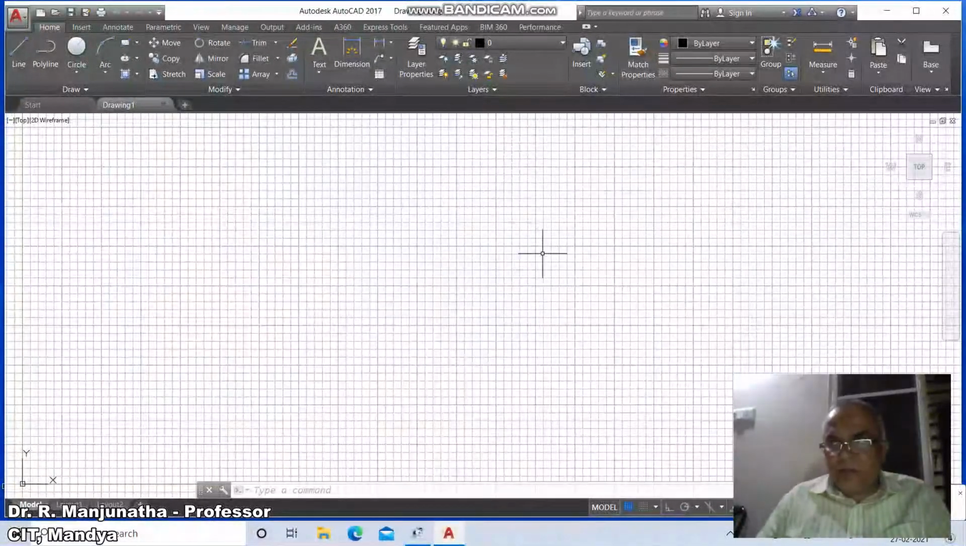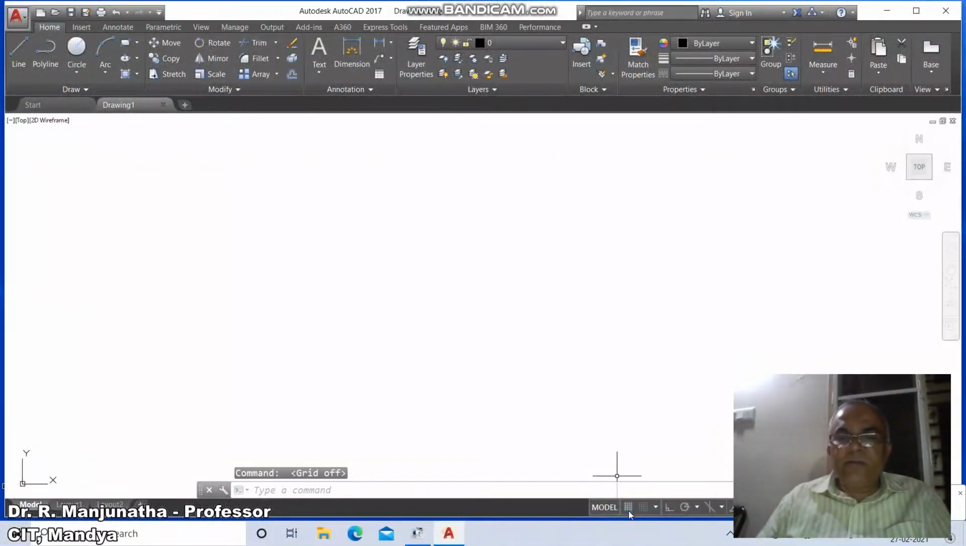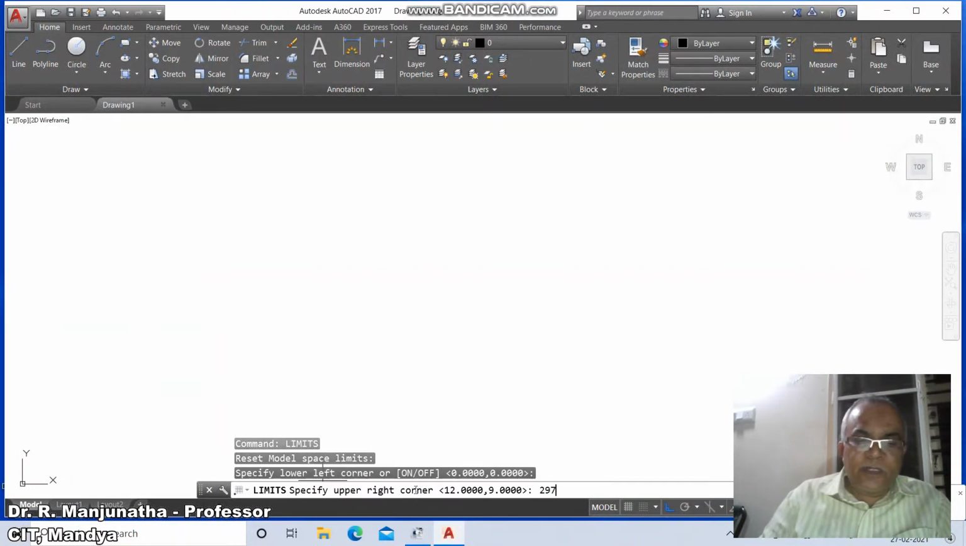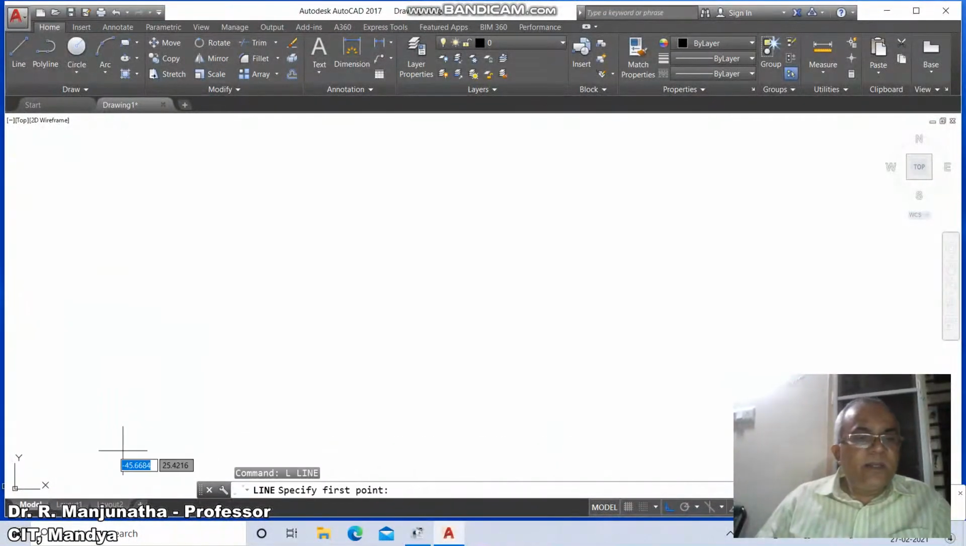First we'll go to the AutoCAD screen, switch off the grid mode and switch on the ortho mode. Go to the command limits, take the lower left corner as 0,0 and the upper right corner as 297,210, then zoom all, then go to line, select some